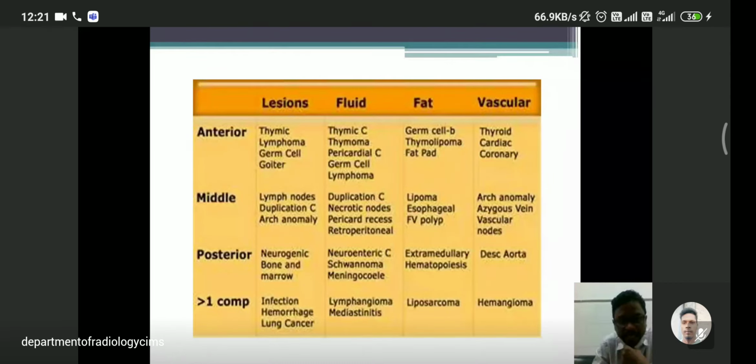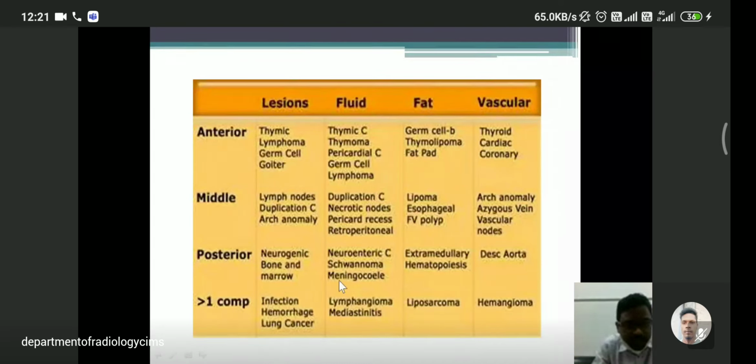In the anterior mediastinum, you have to remember the mnemonic 4 T's: thymic gland, thyroid gland, teratoma, and terrible lymphoma. These 4 tumors, or 4 T's, are the most commonly located in the anterior mediastinum. In the middle mediastinum, the most common lesions are associated with your esophagus, trachea, or the lymph nodes. In the posterior mediastinum, you usually encounter the neurogenic mass that we'll discuss later.